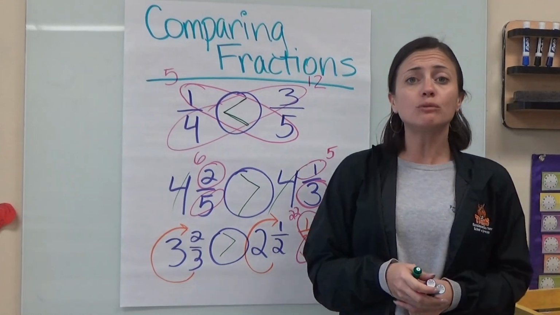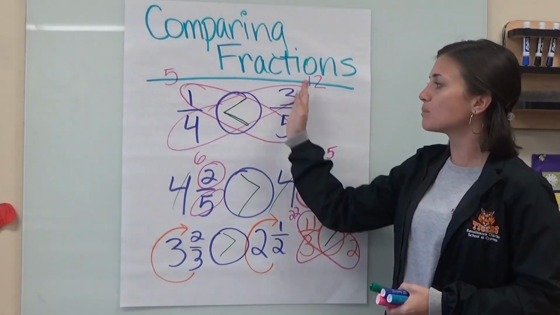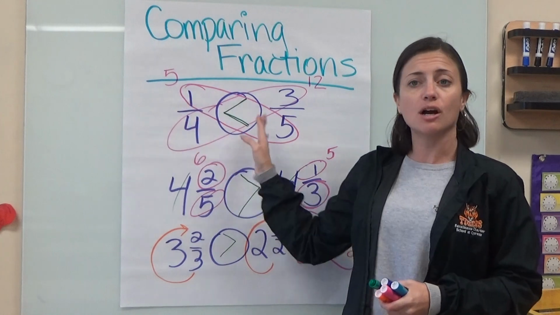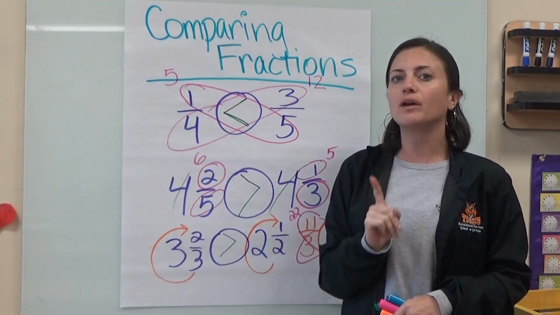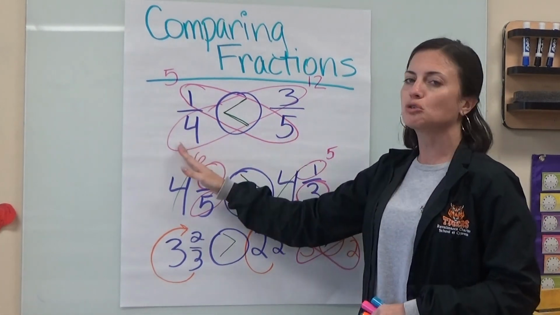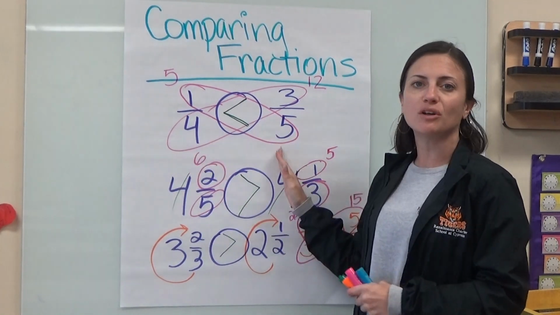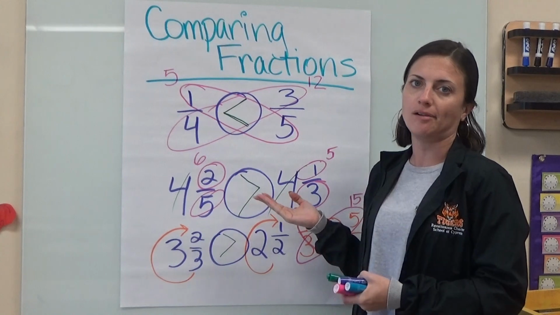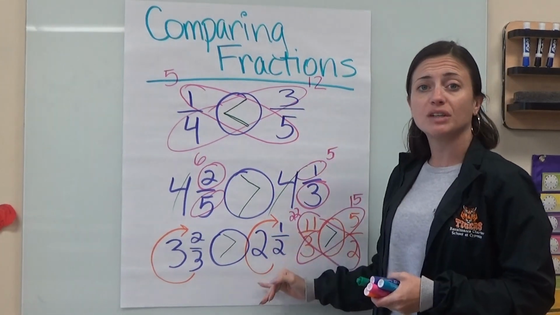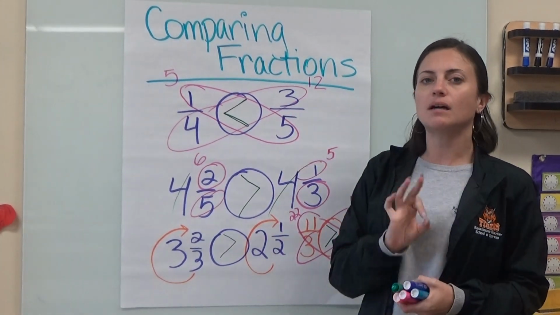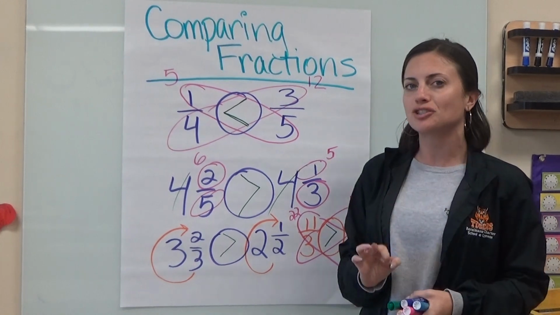Hopefully this was a nice little refresher about how we can use our cross multiplication to compare our fractions. But remember, we can only do this if we have two fractions or more to compare. If we only have one, we have nothing to cross multiply it with and it wouldn't work out so well. But please go back, rewatch this video to make sure you are completely comfortable with how to compare your fractions